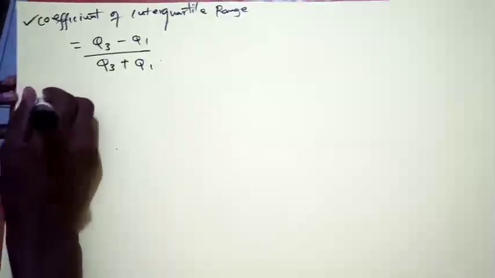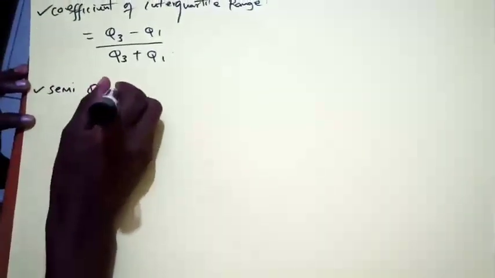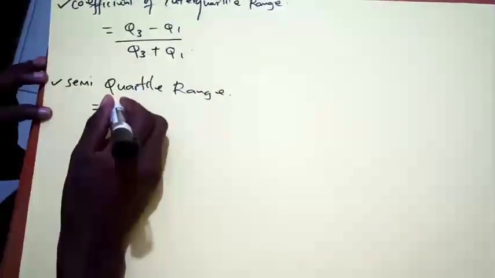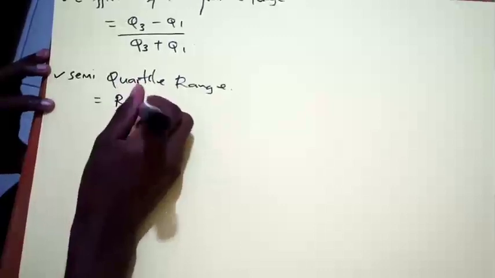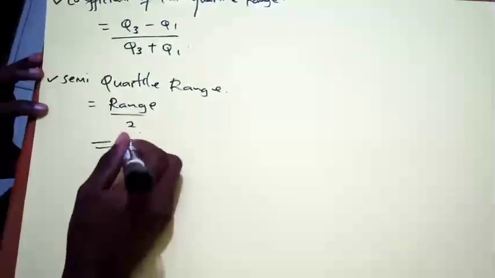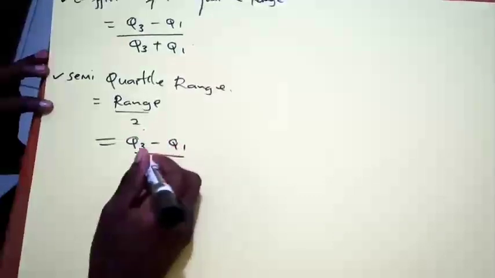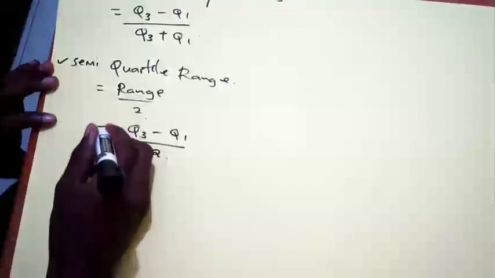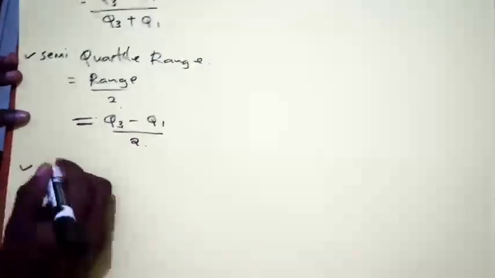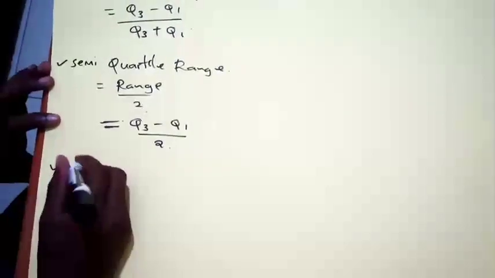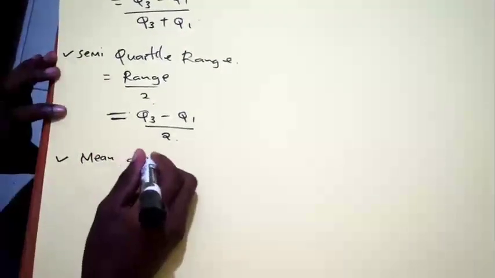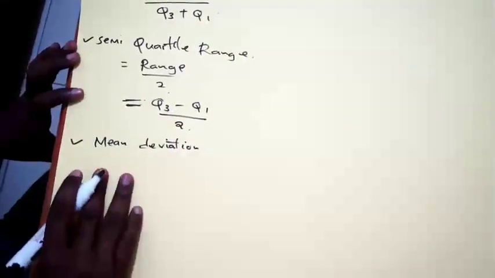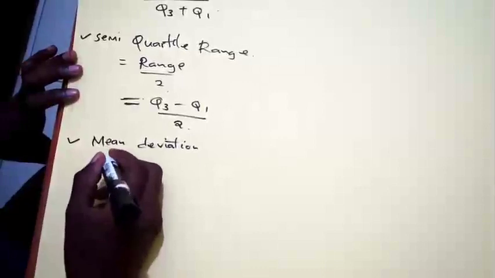Then we talk about the semi-interquartile range. This one is given as the range divided by 2, which is Q3 minus Q1 over 2. After that, we have something we call mean deviation. This is where you are told